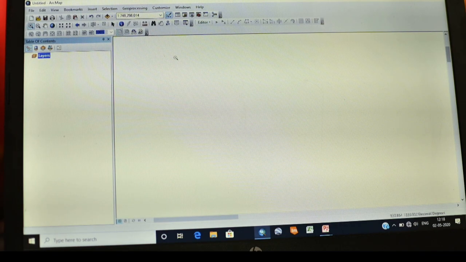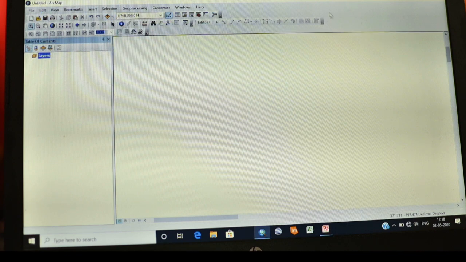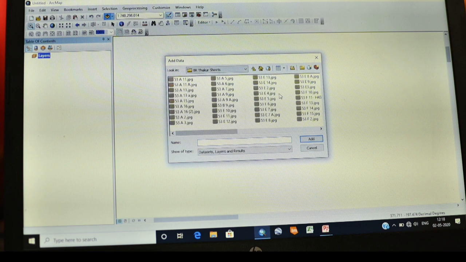So how to georeference the topo sheet or any raster image in the ArcGIS? First of all, open the ArcGIS software and then add data. Data means any topo sheet that you want to georeference.